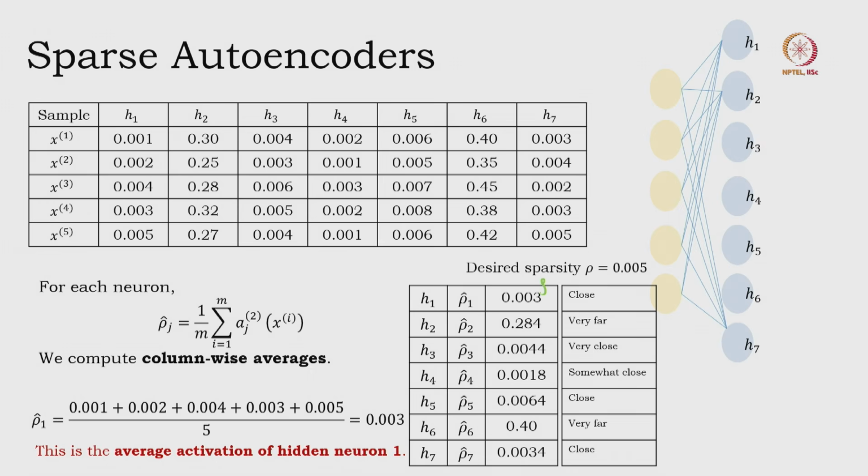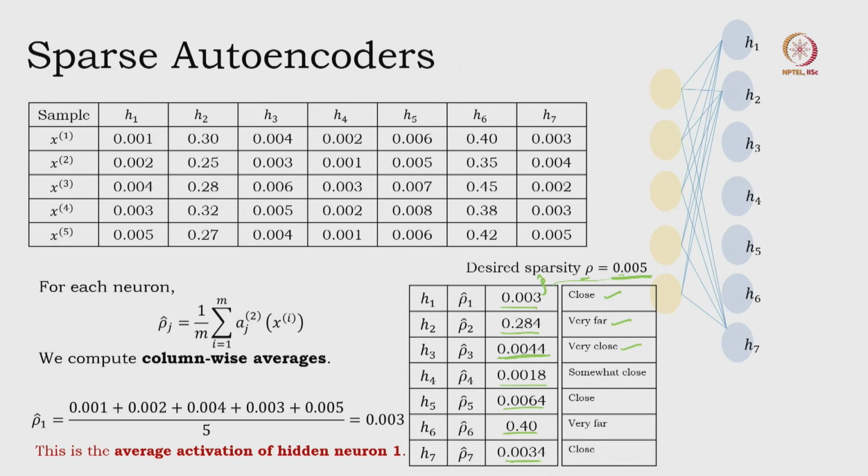We have calculated rho hat. This rho hat, you are comparing with the desired rho. So this value is very close to this value. This is very, very far. This is very close, very, very close, and this is somewhat close only. This is close, this is very far,